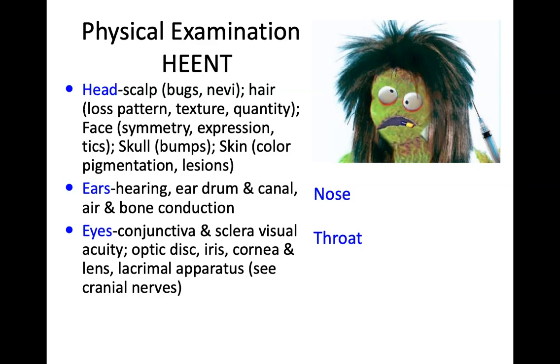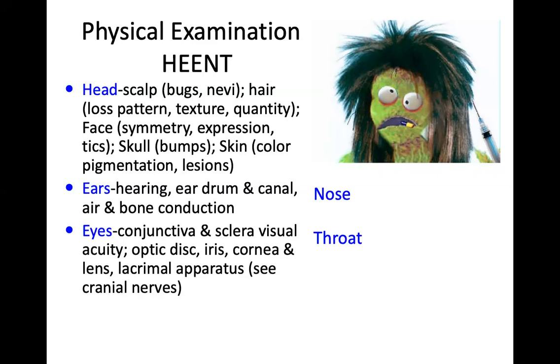Okay, ears, always think about hearing, and eardrums, look in the canal. There's two types of problems in the ear. One is external otitis, which is related to swimming, a lot of people that swim here will get it. It's a very inflamed canal, but the tympanic membrane is not. If the tympanic membrane is inflamed, then it's called otitis media. If you want, you can look at air and bone conduction, that's the Rinne and Weber, which I don't really do very often.